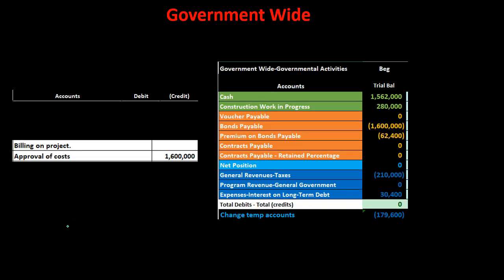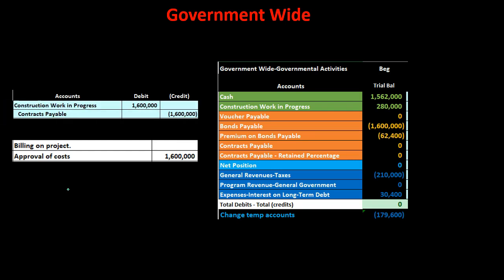Next item, we're going to go back to the government-wide activities. We're going to say that there's going to be a billing on the project that we're making. So the capital project, we have billing for it now. We're going to record that in the government-wide activities. This is going to be similar to a job costs type system. The construction work in process then going up, the asset going up, the other side being contracts payable, the liability